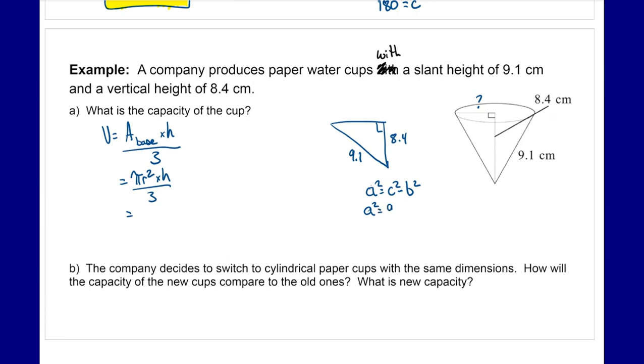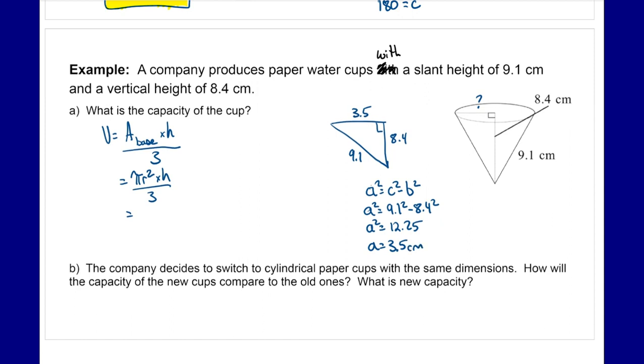A squared equals 9.1 squared minus 8.4 squared, right? C represents the hypotenuse always. So 9.1 squared minus 8.4 squared, I get 12.25. I need to square root both sides, and I get 3.5 is my radius. Right? If I needed the diameter, I would just multiply it by 2, but I have my radius of 3.5